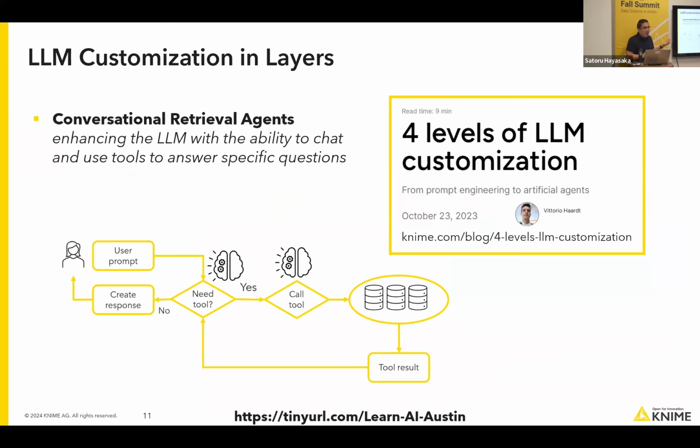So the last layer of LLM customization is a much more sophisticated model than this. I'm going to just give you an overview picture of this last layer, the conversational retrieval agent. So it enhances the LLM with the ability to chat and use tools to answer specific questions. So in the previous layer, we have to do this vector store search, try to figure out what documents are very similar to the question that we are looking for, but in this last layer, what we are doing is